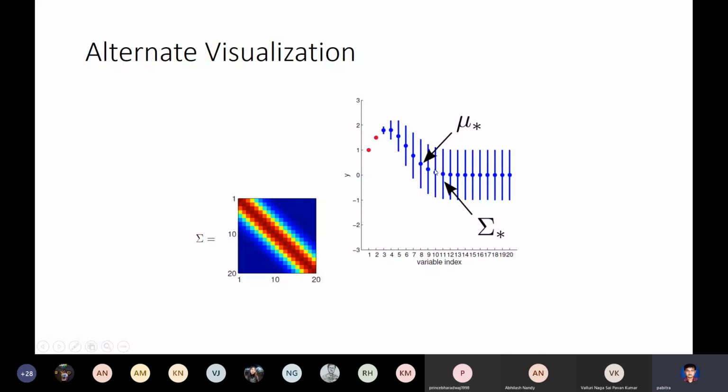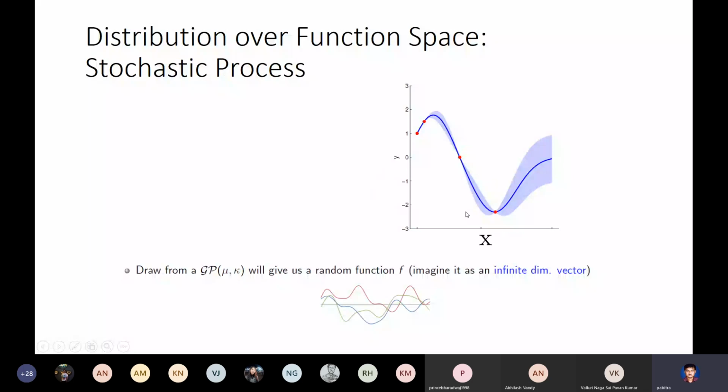Also it may be possible that at some points, that's what the conditional is, I have fixed values of some dimensions. So these points are fixed and the others vary. So basically, this represents a distribution over the function space. In probability theory terms, a distribution over a function space, as opposed to a distribution over a point or a set of points, is called a stochastic process.